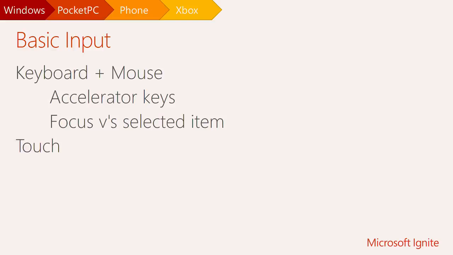The next thing to consider is focus versus selected item. And this is particularly important when you start to deal with Xbox, right? On Xbox, you're primarily using a controller to navigate. And so what becomes really important there is the ability for you to step through items without making a selection